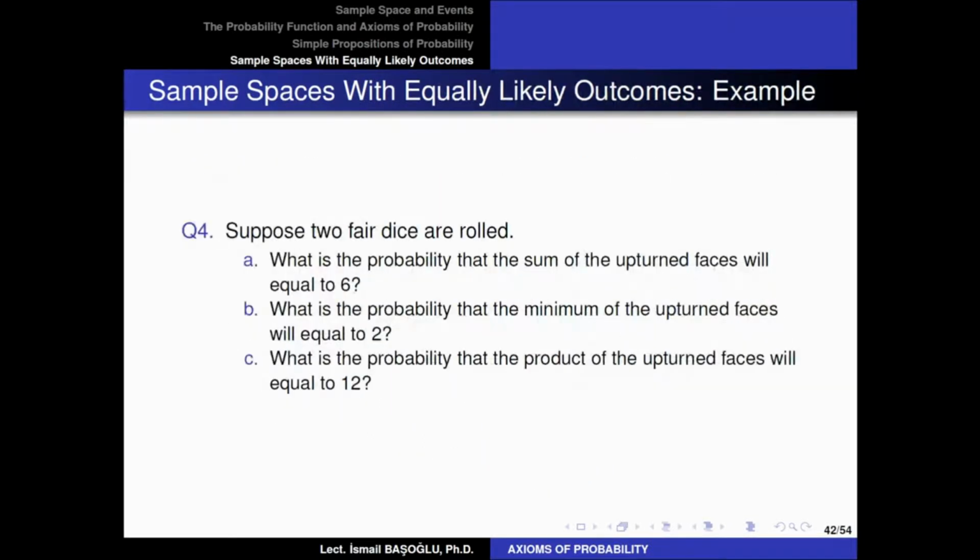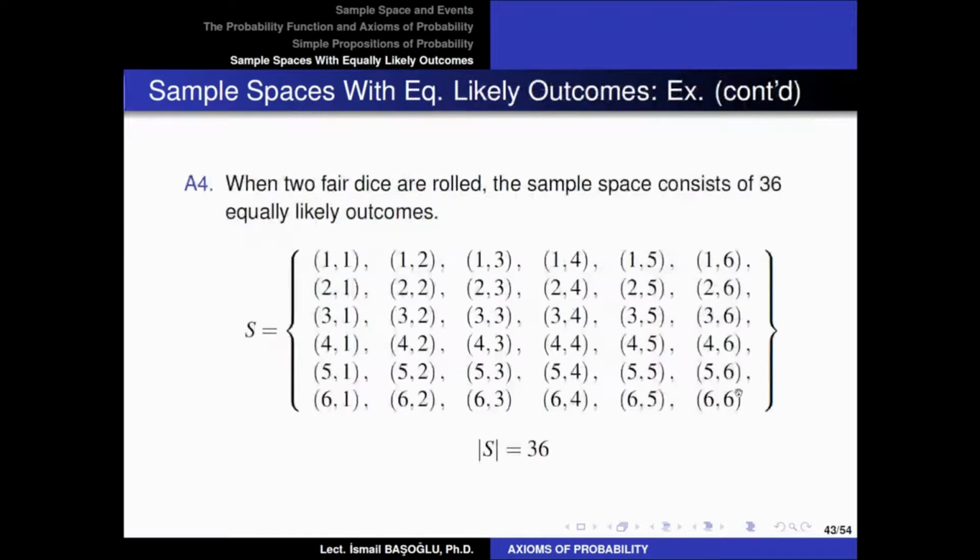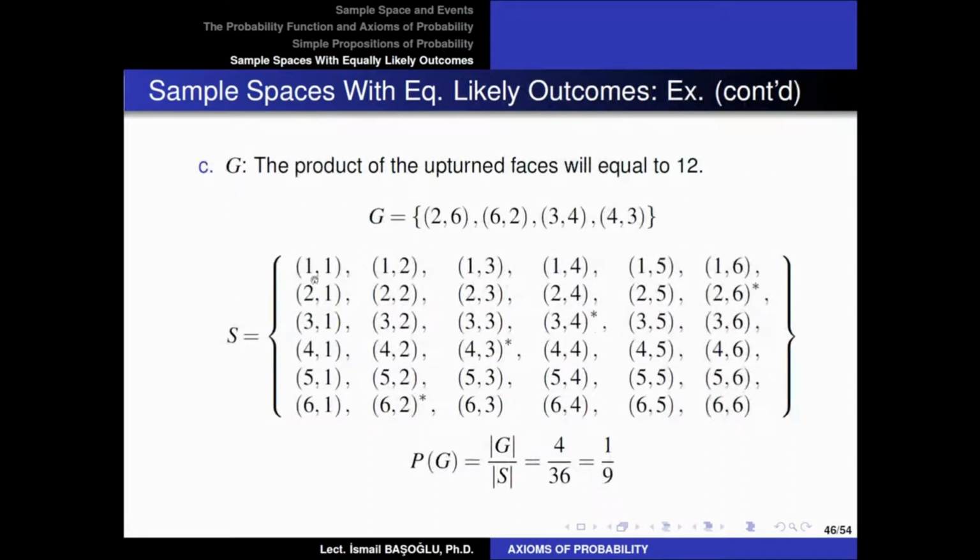And if we go back to read the third part of the question, what is the probability that the product of the upturned faces will equal 12? Here it says product. Product means multiplication. So what is the probability that the multiplication of the upturned faces will be equal to 12? In part C as well, we write down our sample space with 36 outcomes, and we check which outcomes correspond to a product, when you multiply the two values with each other,